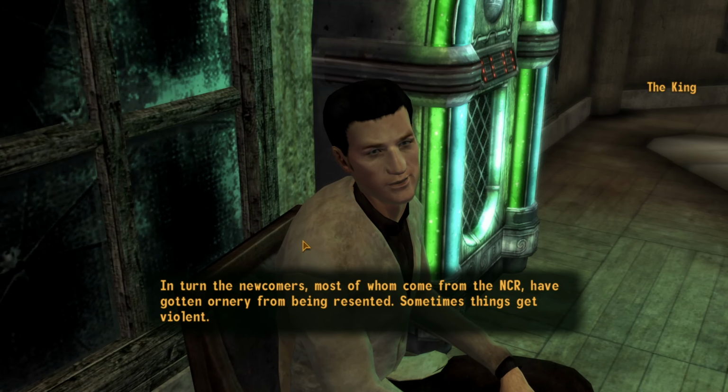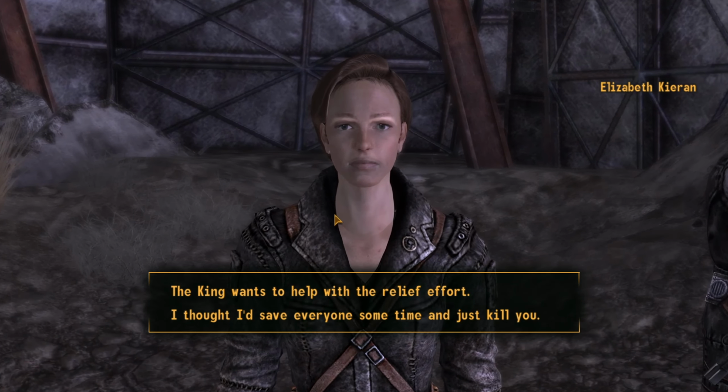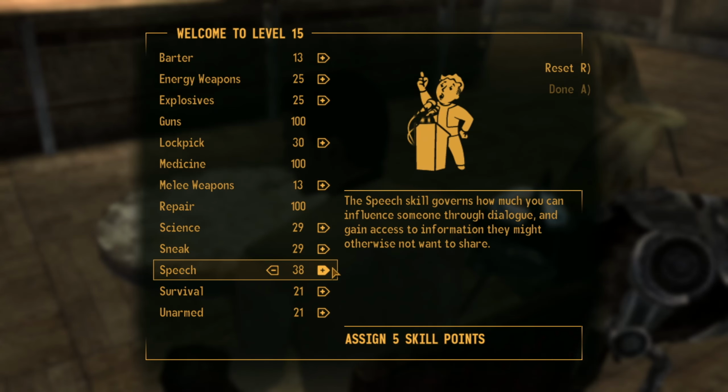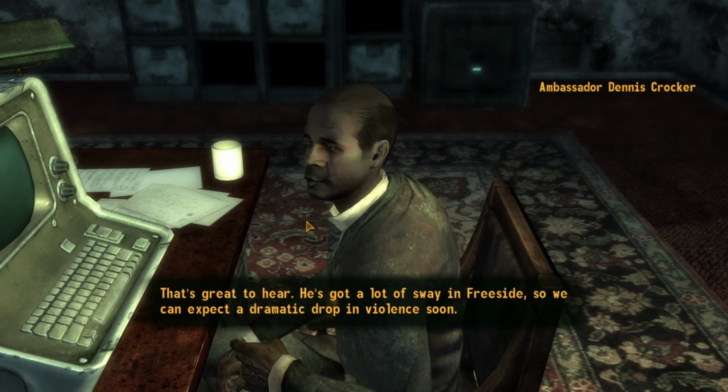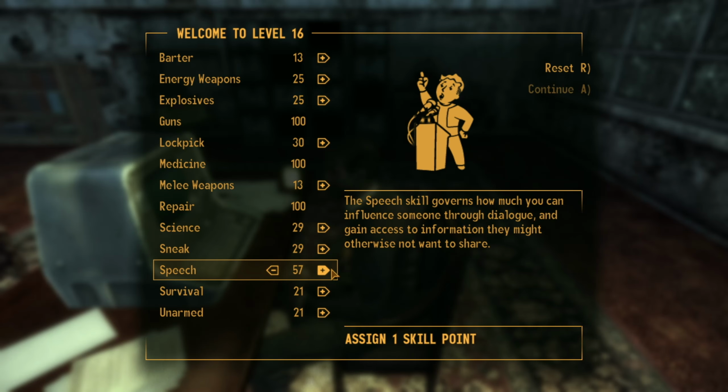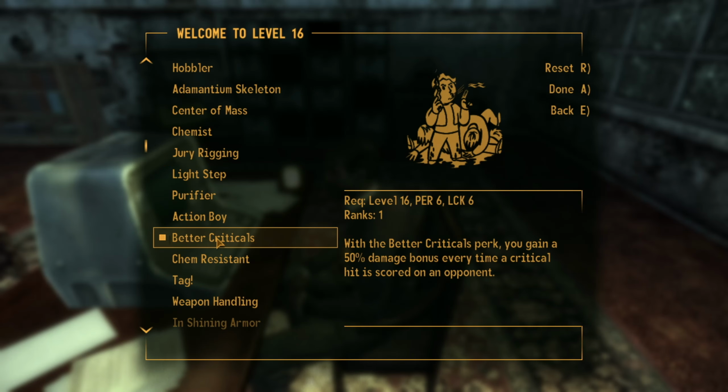I return to the King to continue the quest and get the King's favor, which I immediately use. Doing so lets me reach level 15 and boost my speech skills some more. And then I return to Crocker and get enough XP to reach level 16 from him. I put the points in the speech once again, and then take the Better Criticals perk to get even more